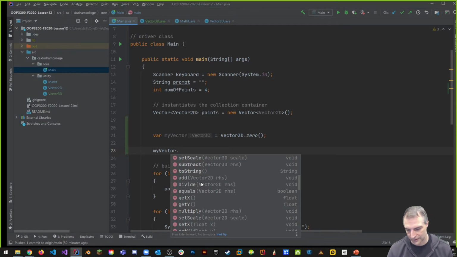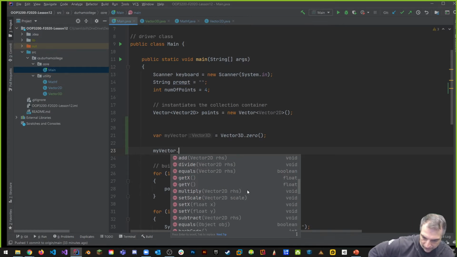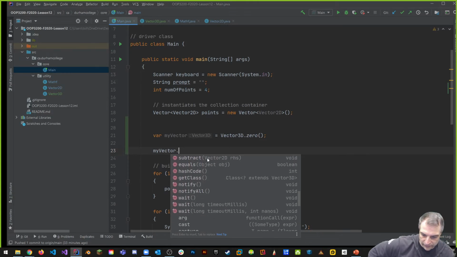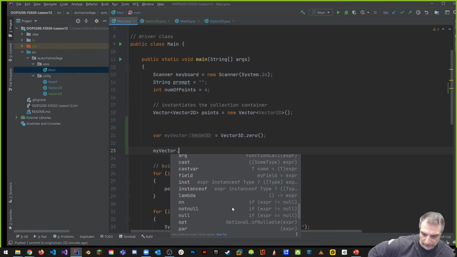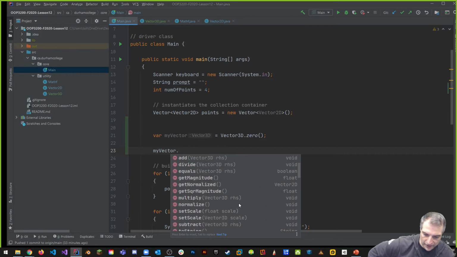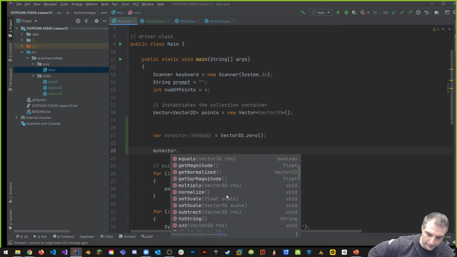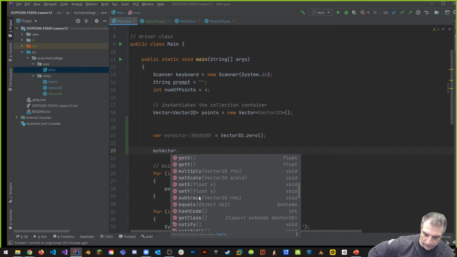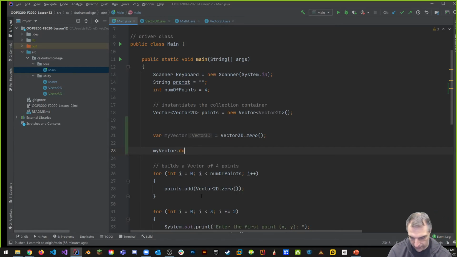This is where vector 3D deserves its own class, or, which is even better, a generic, right? Which allows me to put anything I want, adding together and so on. And there's some stuff that I haven't touched. As an example, if I go down, I'm going to have access to, for example, my dot product and so on. Notice that if I start typing dots,